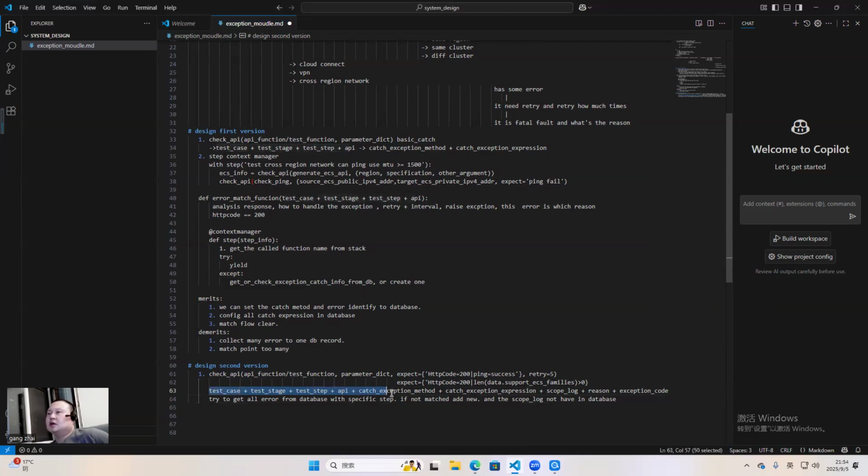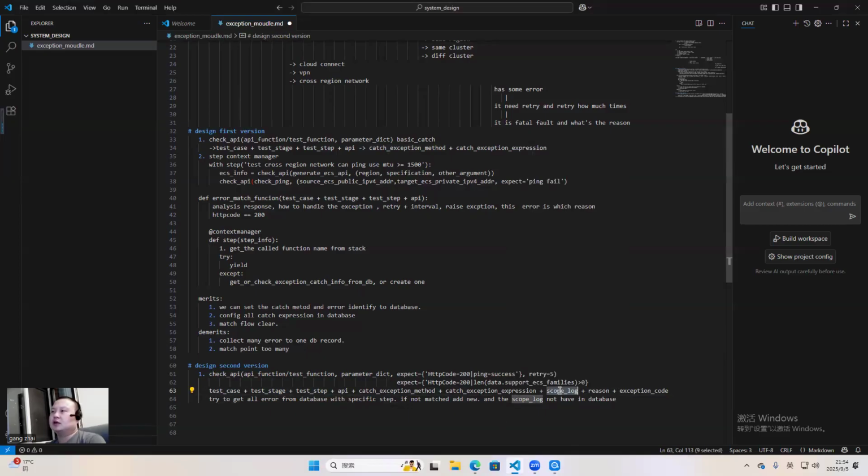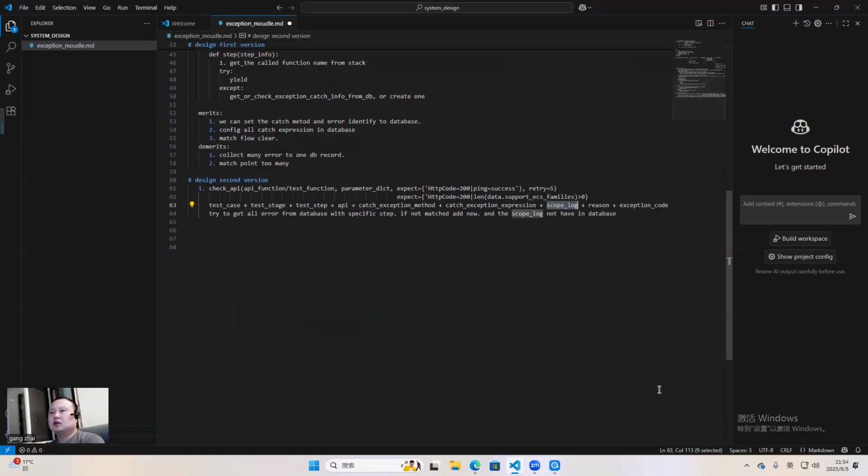That means when we add a new code that couldn't match anything in the database, we write the scope log, but the user couldn't write the reason and exception code